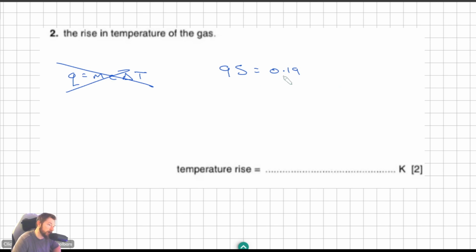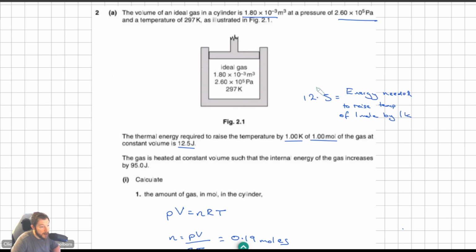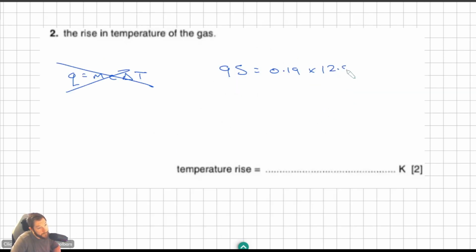That was the number of moles that we worked out in part 1, times that number 12.5, which is the energy needed to raise the temperature of 1 mole, times delta T. So that is effectively Q equals nC delta T, but where C has a different definition here,